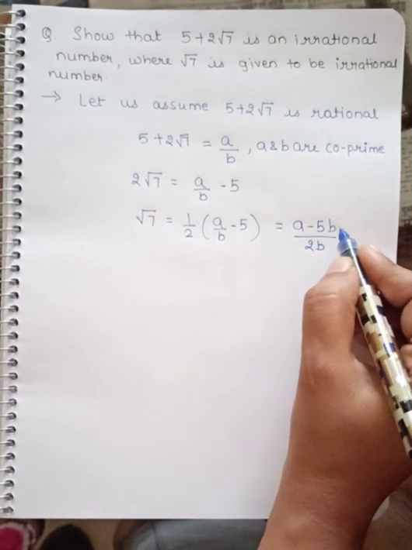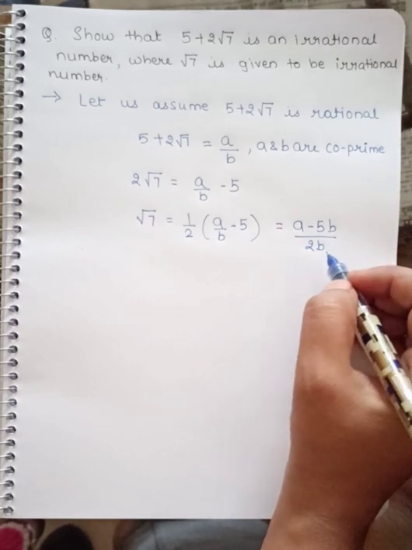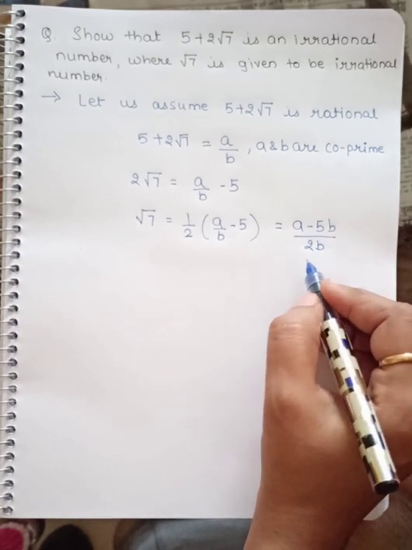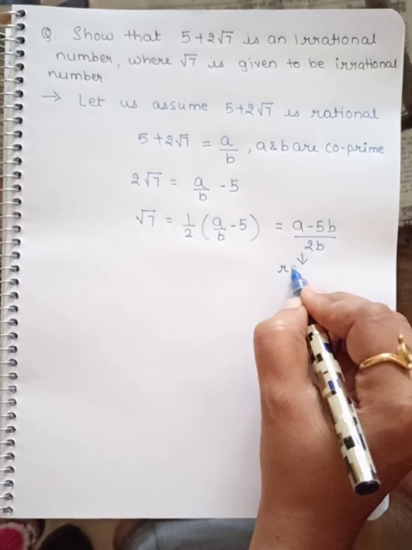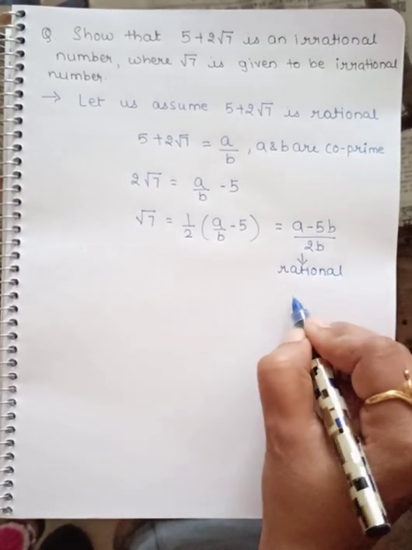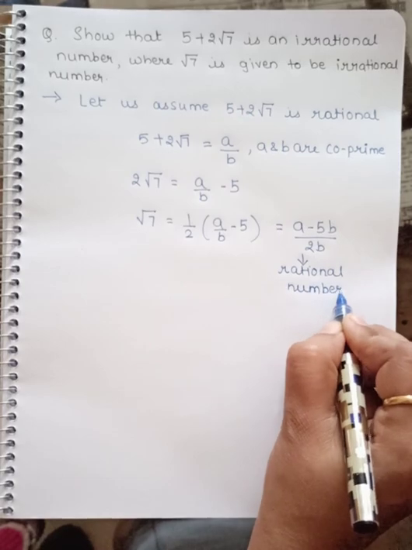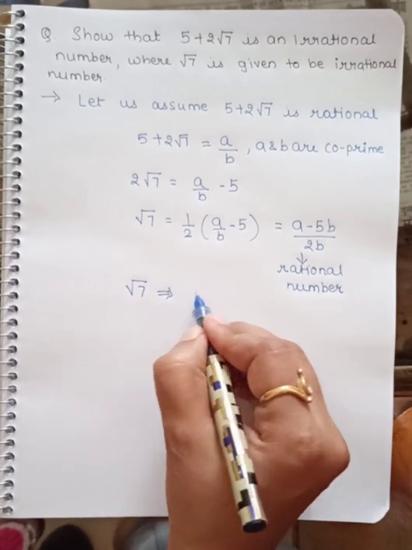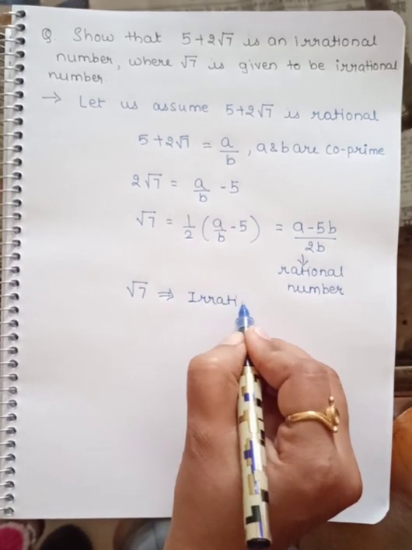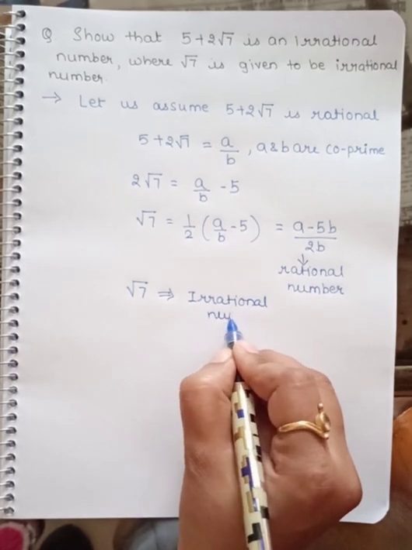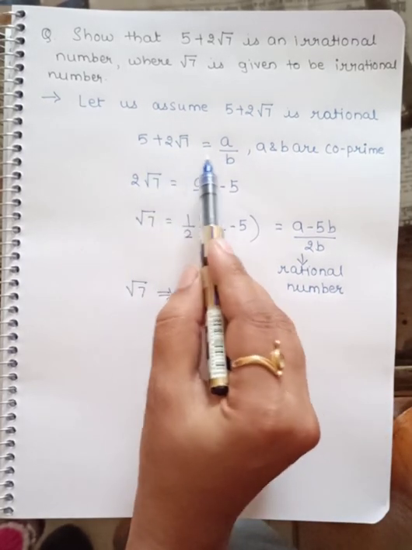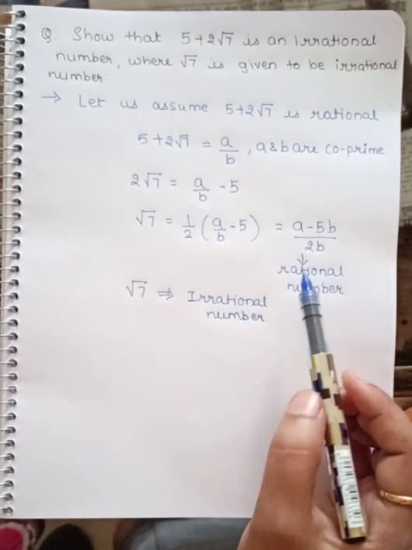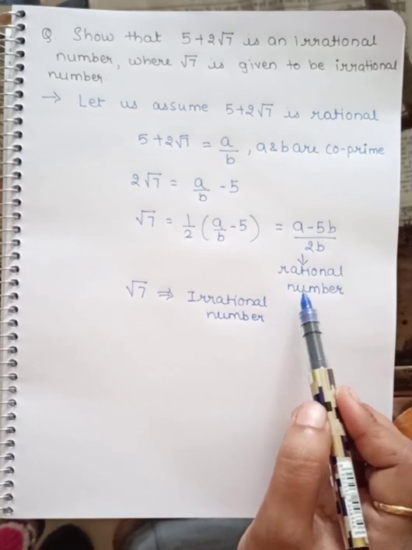So if you solve this by taking any values of a and b, if a and b are integers, definitely you will be getting a value which is a rational number. But as you know, in the question they have specified that the value of root 7 is an irrational number. But when we simplify the given expression so as to obtain the value of root 7, we are getting the value as a rational number. Now, aren't these two things contradictory to one another?